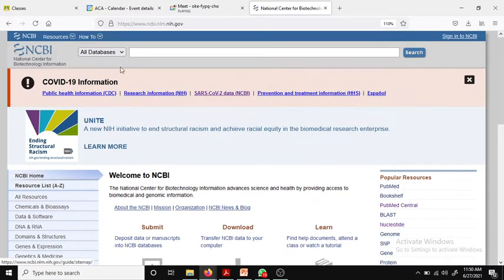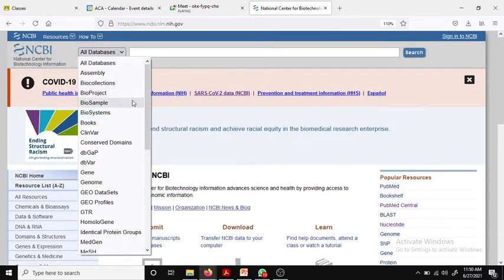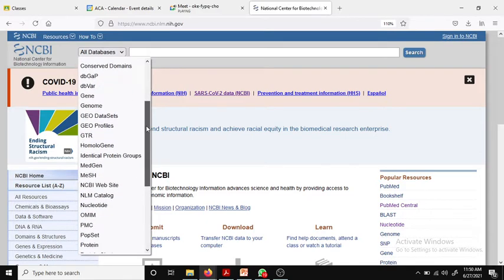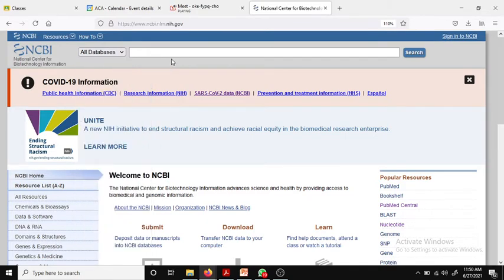PubMed is also there, where we could find a lot of different publications, paid or unpaid. These publications we can find in the PubMed database.